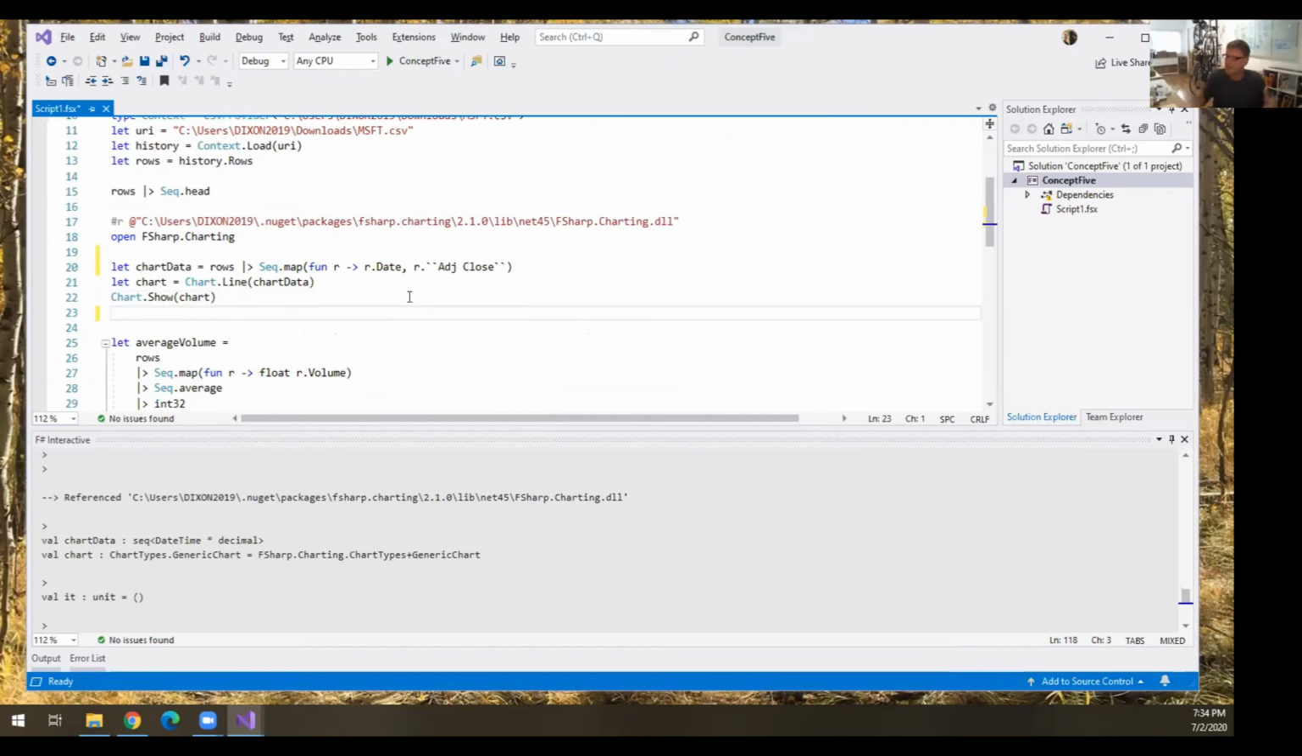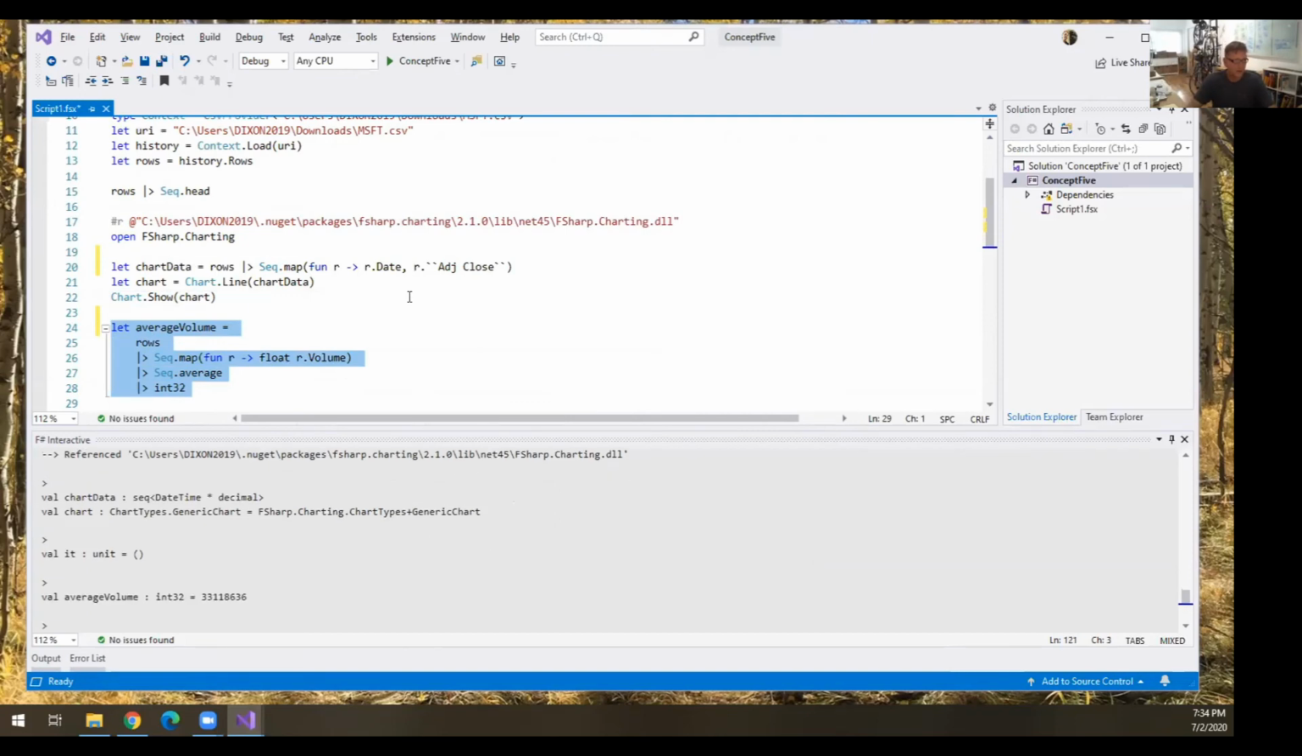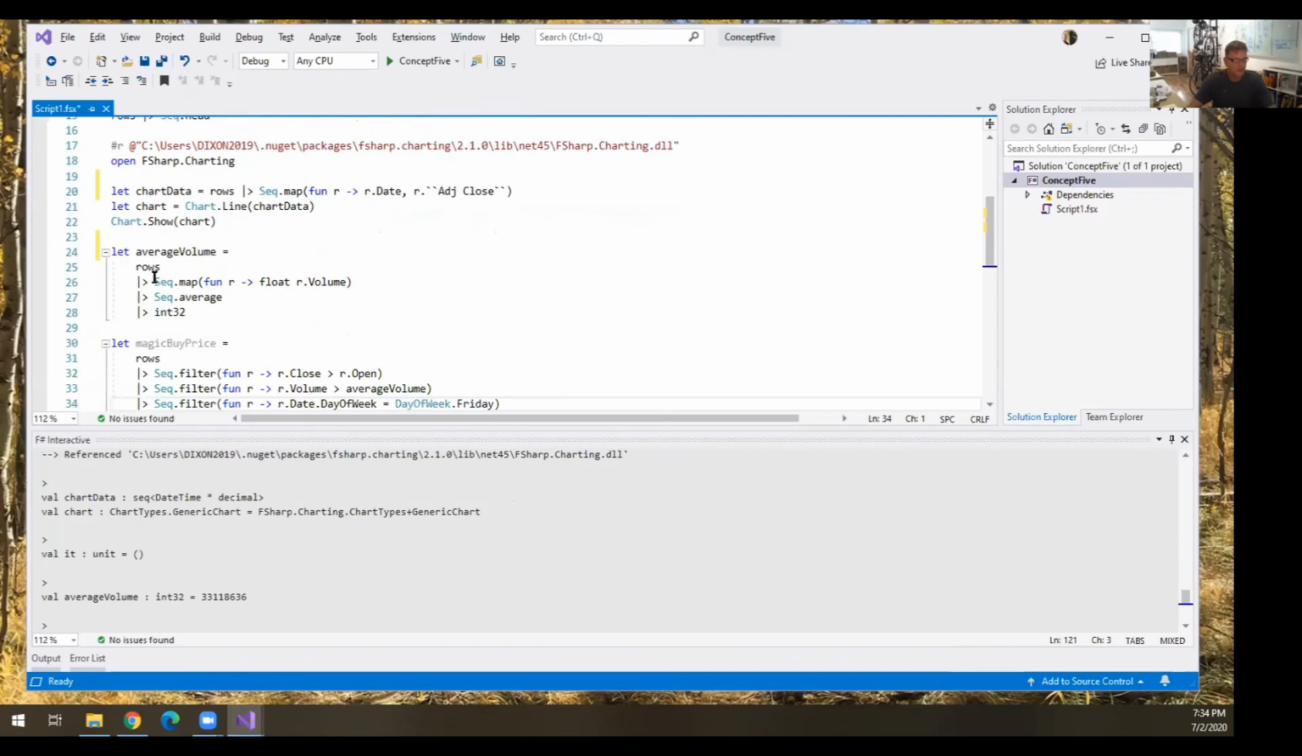This is a data science-y experiment. I was just looking at some stock data. But let's say I want to build an application that I think is going to make me millions of dollars on the stock market. And I think one of the key indicators is if the stock is trading on volume greater than its average volume, then it's a buy. So I'm creating a function, and I'm taking the rows. Now, this is not passing as a parameter because it already knows it exists, but for real, I pass it in up here as a row. But in any event, here's the average volume. I'm going to map. I just want the volume, and I want to make it a float. I want to take the average of it and return it as an int32. So on any given day,